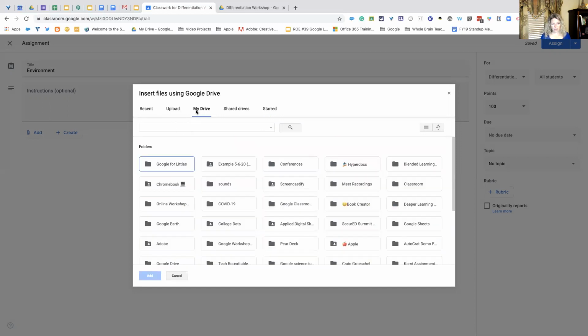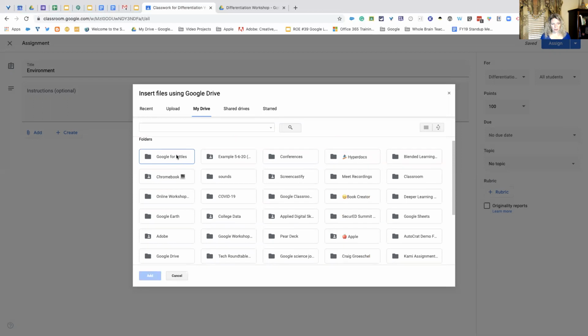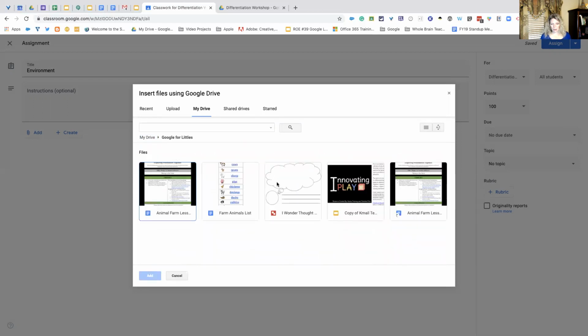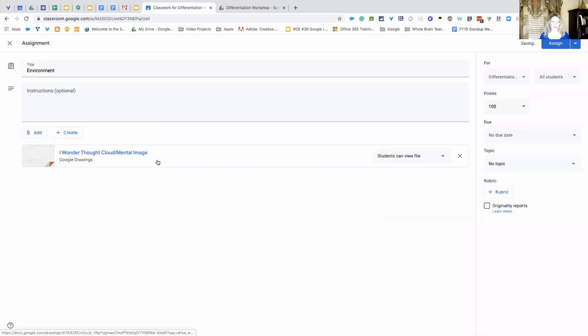So if I go back to my drive, and if I just want to upload this I Wonder Thought, it's a Google drawing, hit add, and then it's added there, then I can have the students view the file. If I want the students to be able to write on this file, then I would want to make a copy for each student. So before Google had this, what I did, I put it out there, students can edit